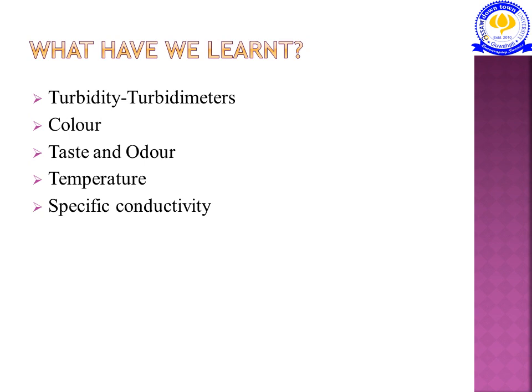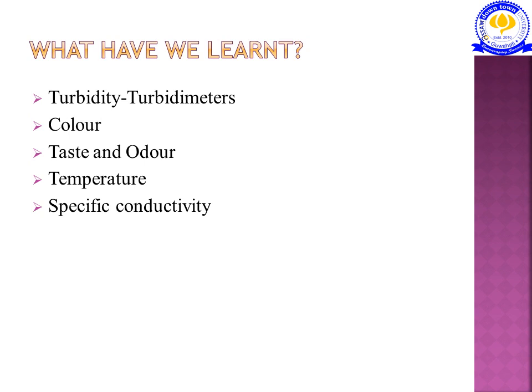So what is turbidity? If a large amount of suspended matter is present in water, it will appear to be muddy or cloudy or turbid in appearance. So that is turbidity. And also we have learned that turbidity is measured by a turbidity rod or a turbidity meter, and it is expressed as the amount of suspended matter in milligram per liter or parts per million.